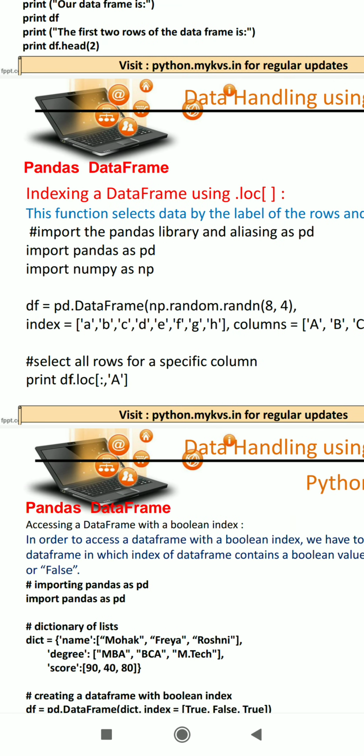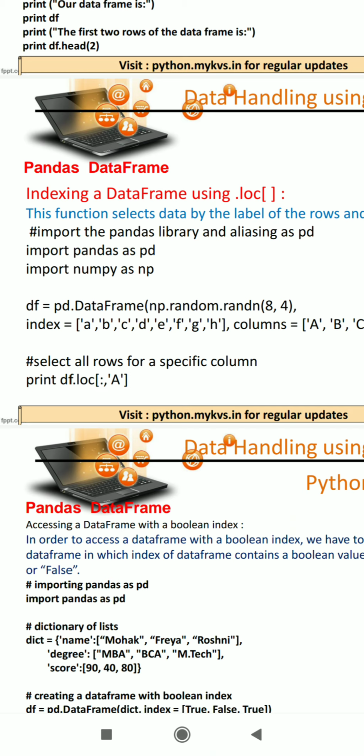If we want to access the values of a specific column, that can be done with the help of the loc method. Here we are mentioning two parts, a colon sign, then a comma, and then a.